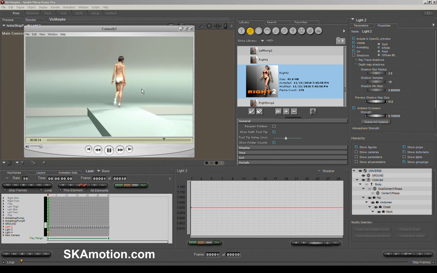Now this is only for Poser. If you're using DAZ Studio, then each of these turns and walks are independent files and you can just stitch those all together. But in Poser, there's really only two pieces of animation that you can load up, and that's the part A and the part B.